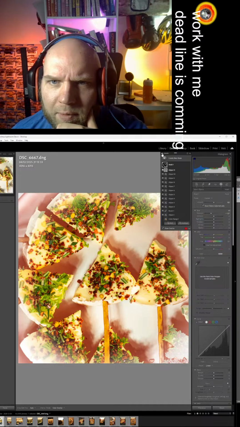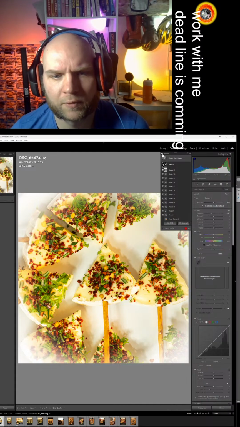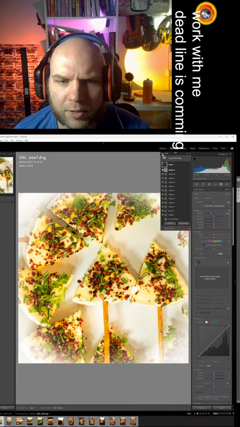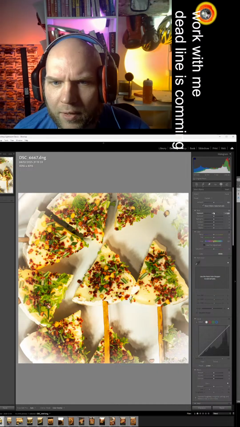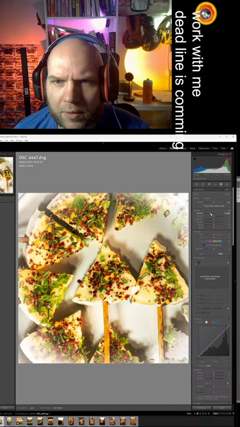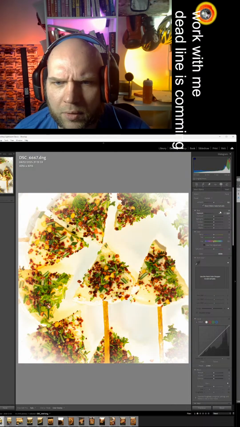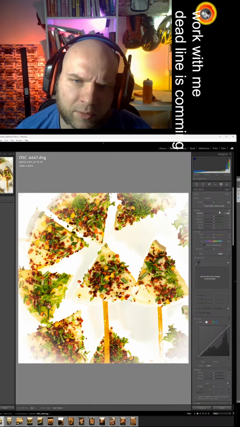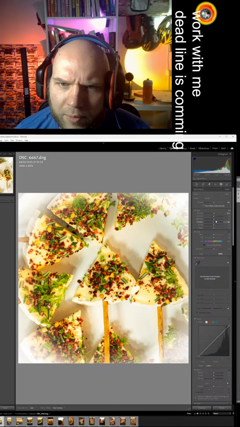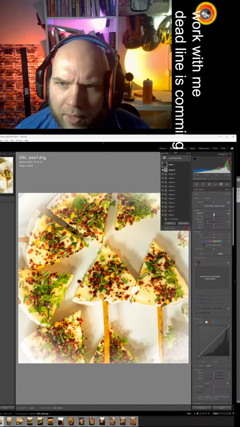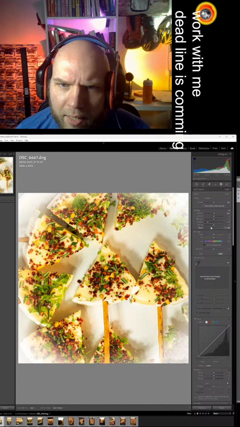Okay, so let's see that before and after. So this is before, and this is after. This is before, then this is after. So you can see now we have influence on all shadows, also dishes, all shadows around. Then we can delete them completely, or we can just make it darker. We can even work with shadows, that might be also better. Yes, or maybe we can add some black.